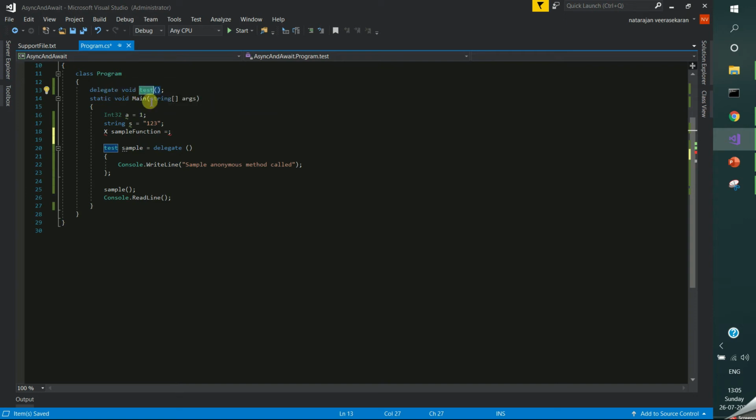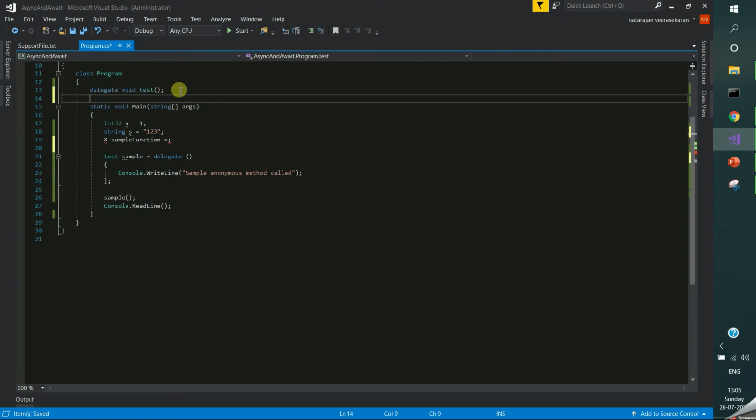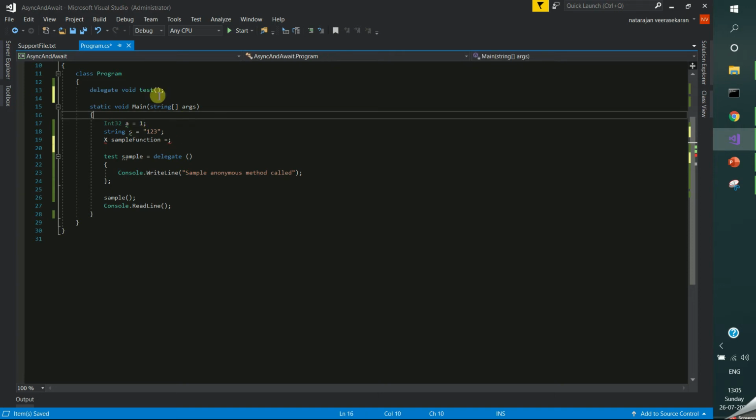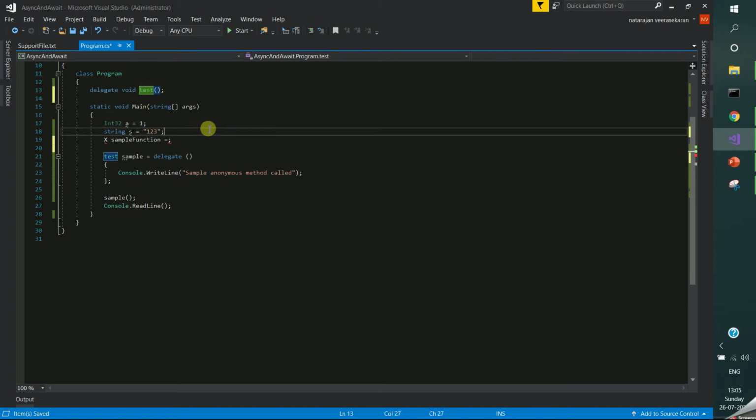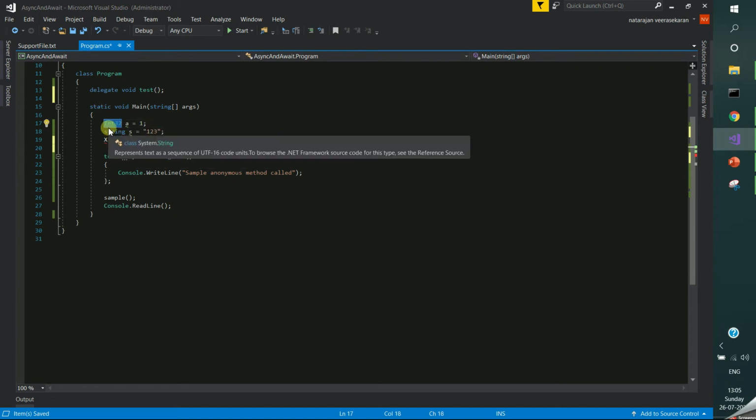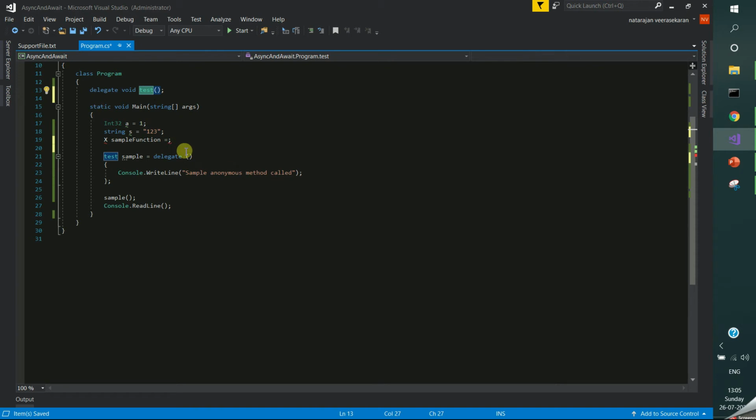For example, I declare the test delegate, void test. The delegate covers the return type of the function, the parameter count and the parameter types of the function. Here I don't have any parameter and my return type is void. It won't consider the name, so you can have any name, just like when you declare an integer and give the variable any name.